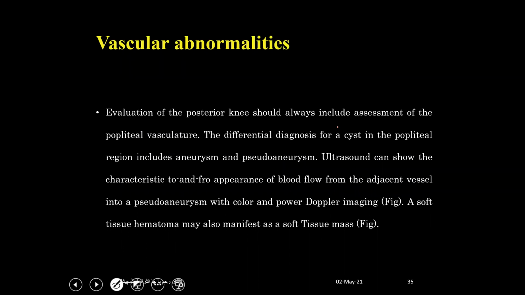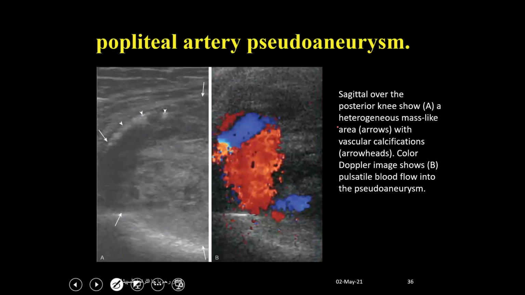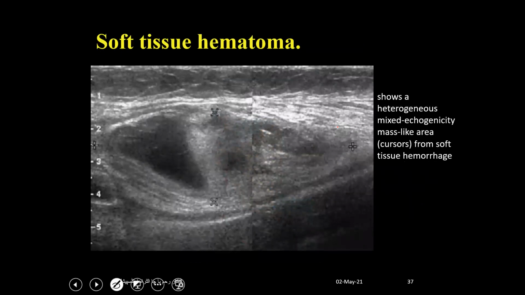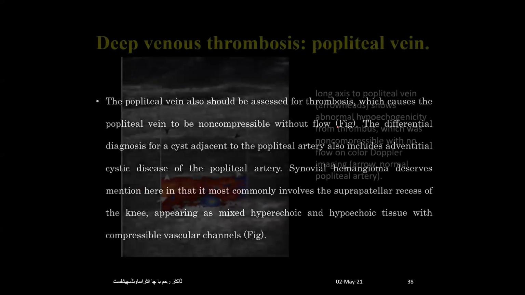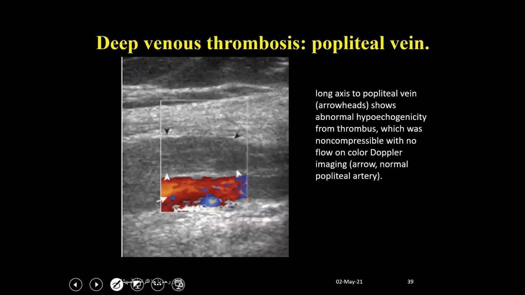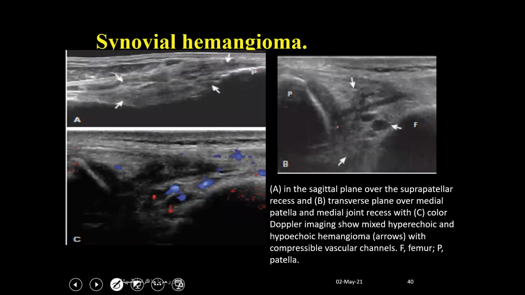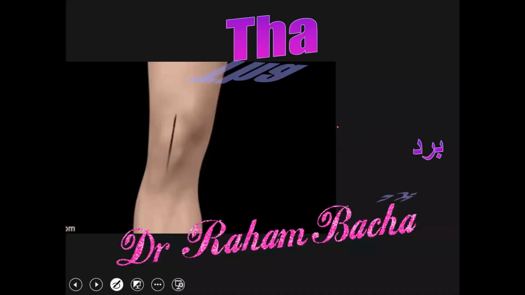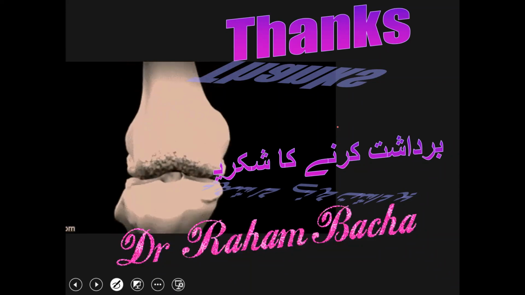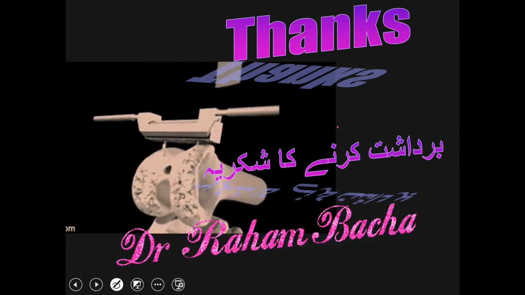And vascular abnormalities. So in case of vascular abnormality, you can have pseudoaneurysm. We have already discussed these things, and this is soft tissue hematoma and deep venous thrombosis, DVT, of the popliteal vein, and synovial hemangioma. Sometimes in the synovium there will be hemangioma that will appear highly echogenic because it is made up of small vessels, but the collective effect of these multiple interfaces will appear echogenic instead of hypoechoic. So it was all about the knee joint pathologies,